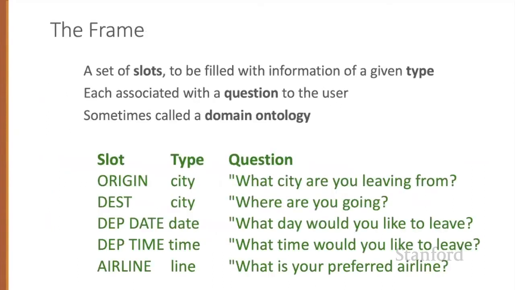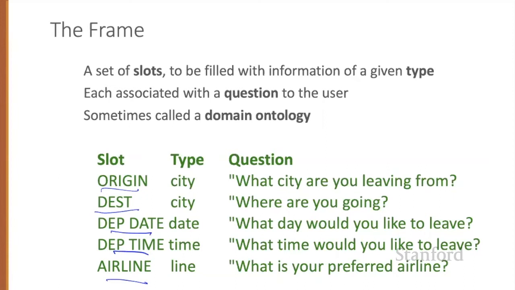A frame represents part of the information about the user's intention that the system can extract from user sentences. It consists of a collection of slots, each of which can take a set of possible values. This set of frames is sometimes called a domain ontology. The set of slots for a frame specifies what the system needs to know for the part of the task the frame represents. So in booking airline travel, we need to know the origin or destination of the flight, or the times, or maybe the airline.